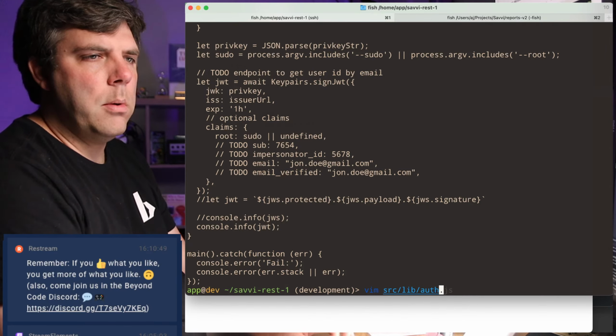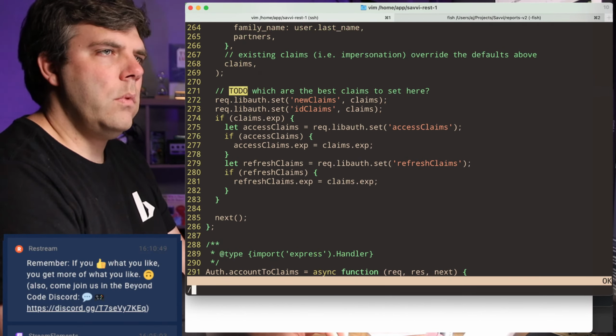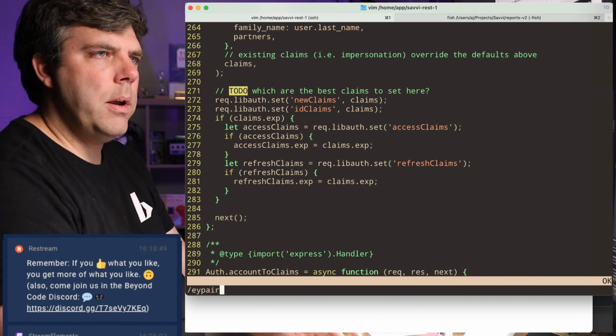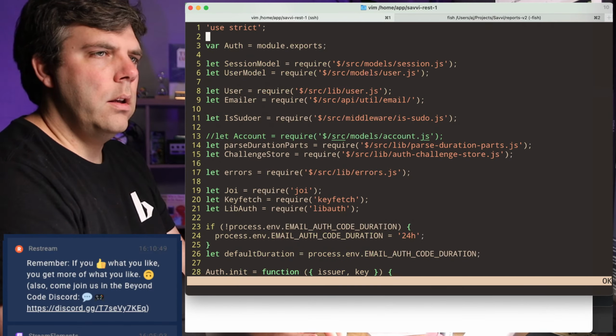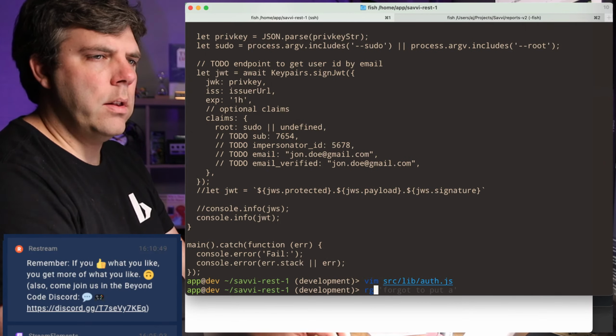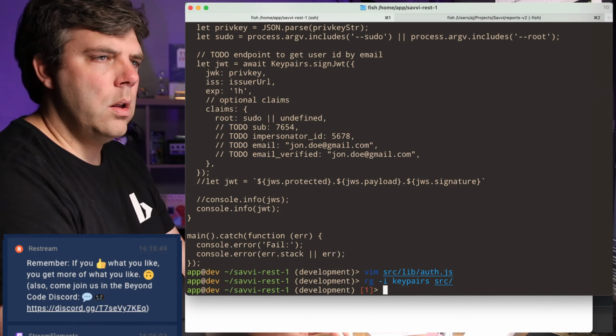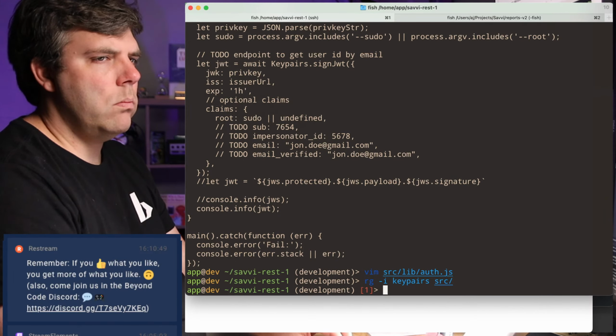Let's go under source lib auth. And am I using key pairs in here anywhere? What branch am I on? Development. Yeah, development should have the latest stuff in it.